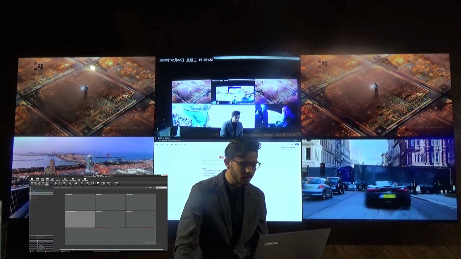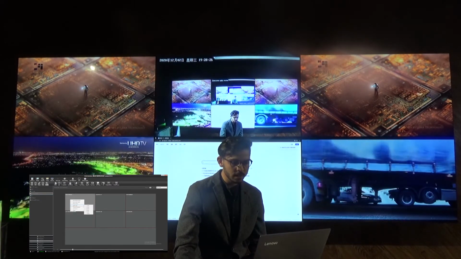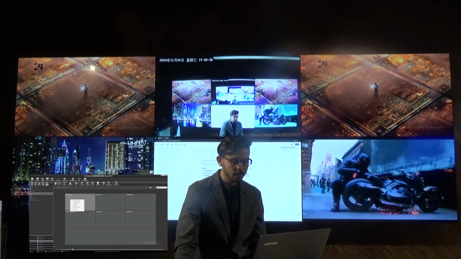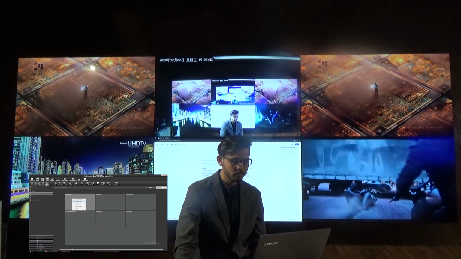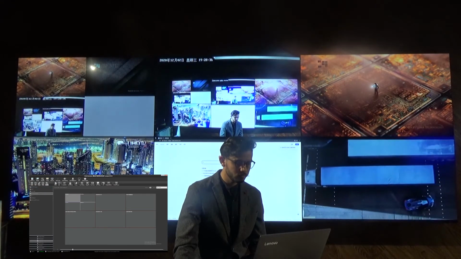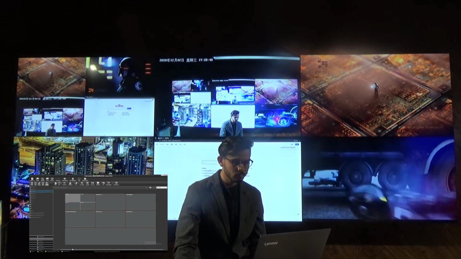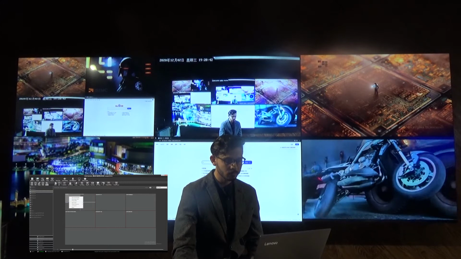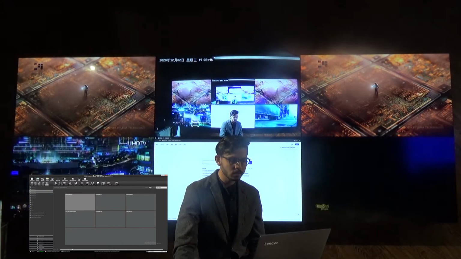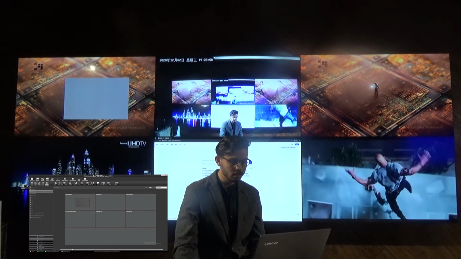Alright, and we can also create a window and see how many splits the screen can have, like this one. And we can also create a customizable window.